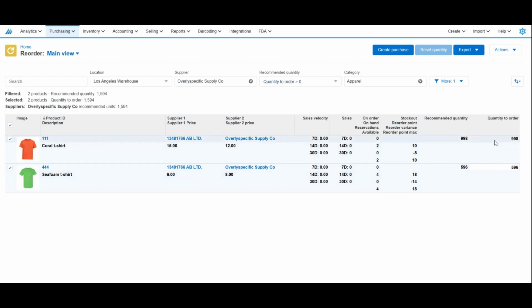But in this example, I know that I have a very big promotion coming up, and I'm going to be handing out these coral t-shirts for free to a number of my customers. So I want to make a one-time adjustment here and change this to a quantity of 2,500. I'm going to click off, and you can see here that this quantity to order has now been updated with an adjusted quantity. If I go ahead and I create a purchase order now with these two products on it,